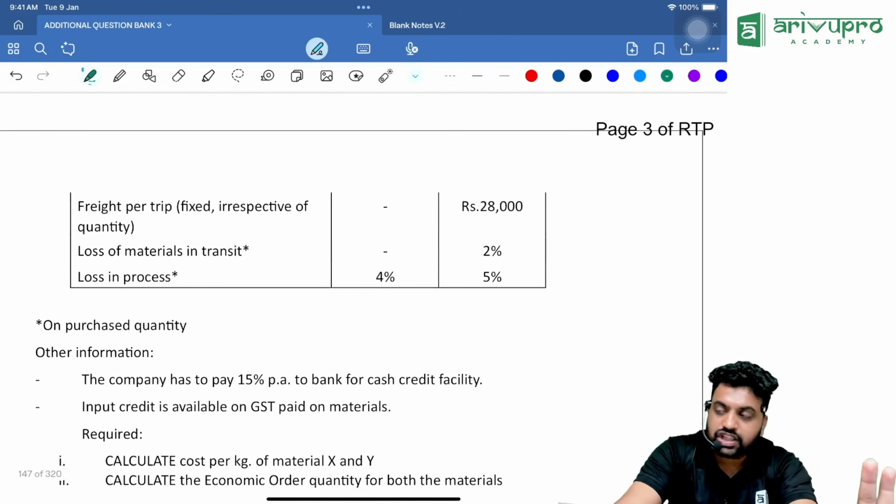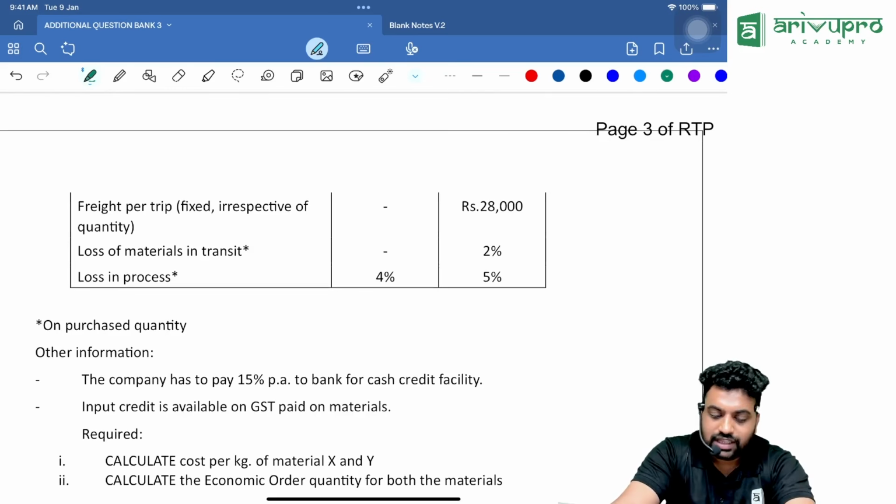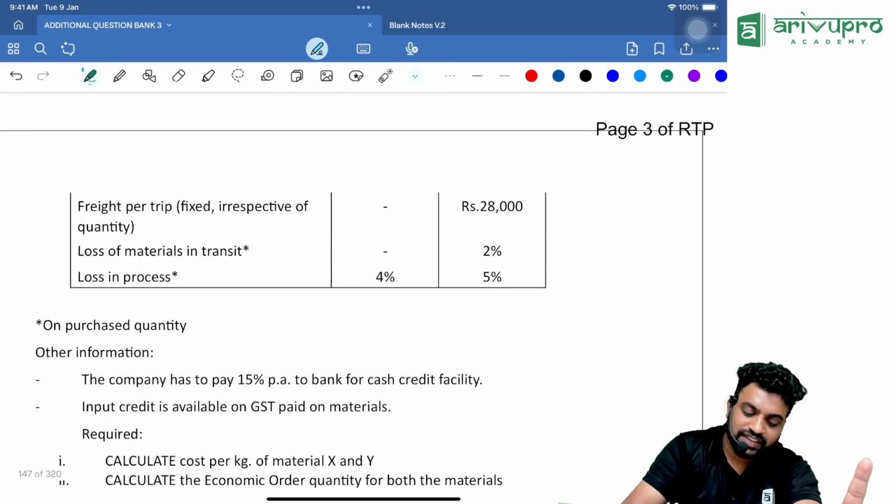28,000. Loss of material in transit. First one, there is no transit loss, so there is no loss. Second one, there is a loss of 2%. Loss in process is 4% and 5%. They are telling everything on the purchase quantity. Here, listen. If this point wasn't there,